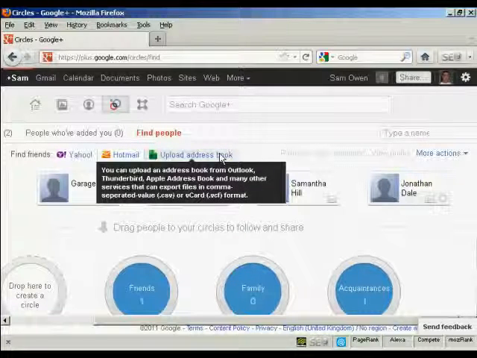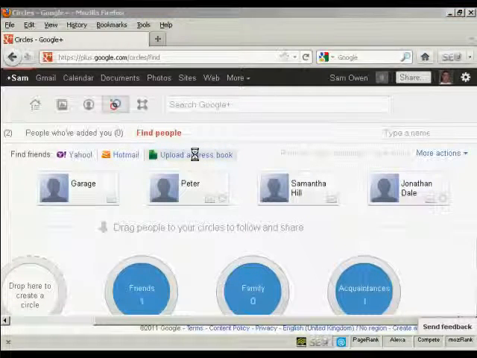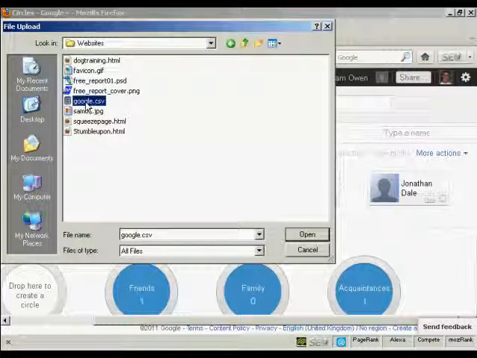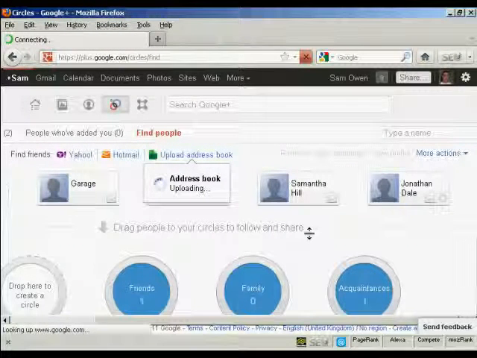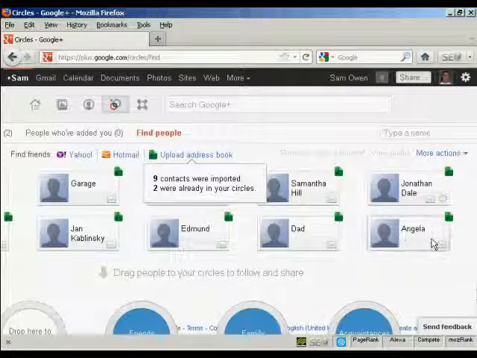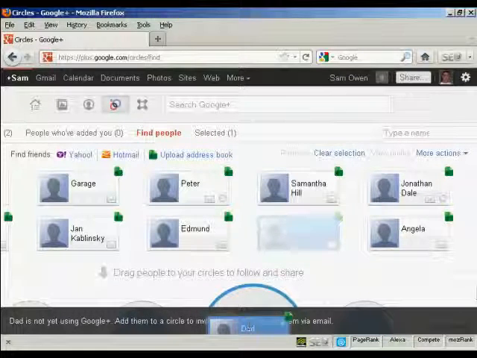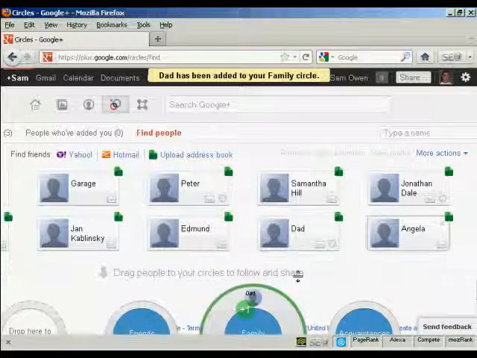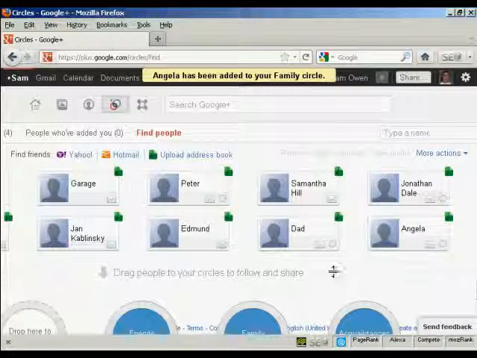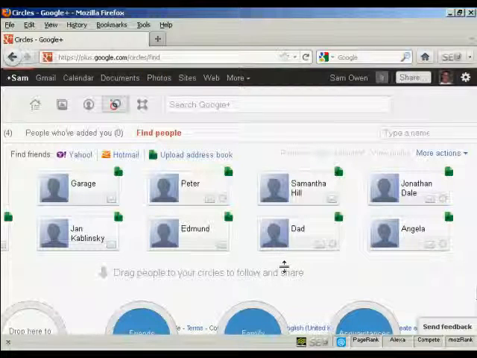If I want to upload an address book, then I can simply do that by clicking on this link here, and I can import it as a CSV file. So let's say I want to import this one, google.csv. I can click here on open, and you can see it's telling me that 2 are already in my circles, but I can then simply drag the other people to the circles. So I can move my dad into family, and Angela as well, and so on. And when that's all done,